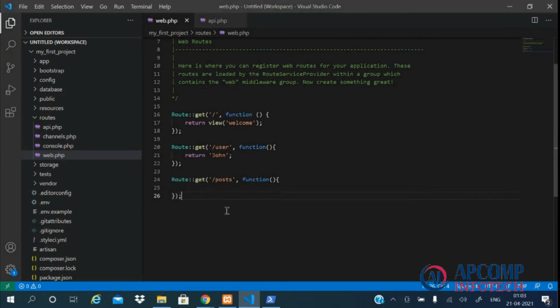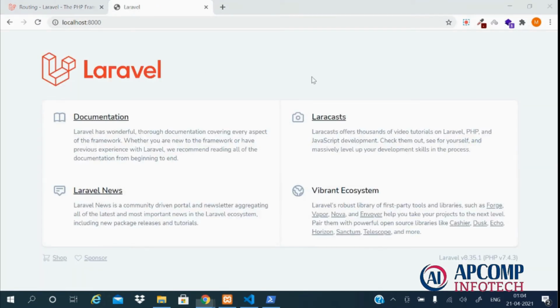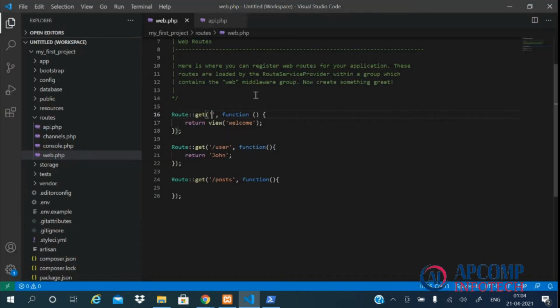Now the second thing which comes to our mind is, if we want to return a page of our application, how will we write the route? For this we can refer to our default route. If we pass only a forward slash or an empty string to our route, in this case we'll be getting our home page. See, our home page is rendered. It is our wish whether we want to put the forward slash or not. I prefer to put the forward slash.